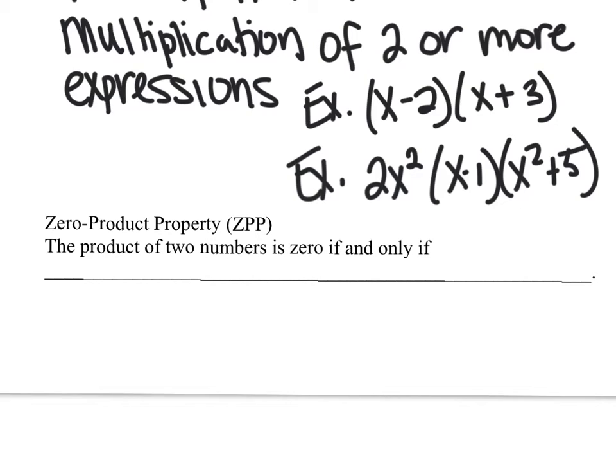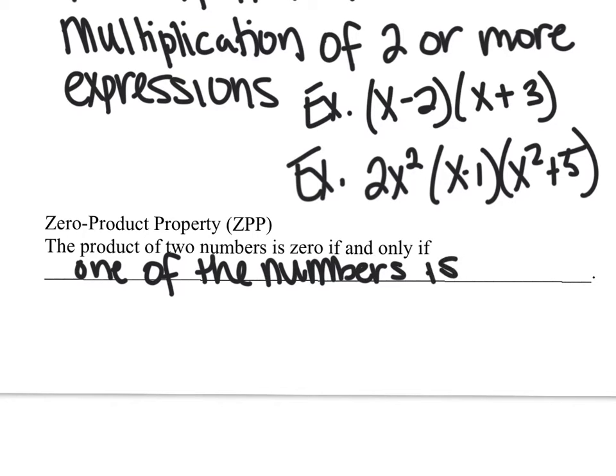Zero product property is going to be a property that helps us solve these polynomials. So zero product property, what it says is the product of two numbers is 0 if and only if one of the numbers is 0. With that being said, if AB equals 0, AB can only equal 0 if and only if A equals 0